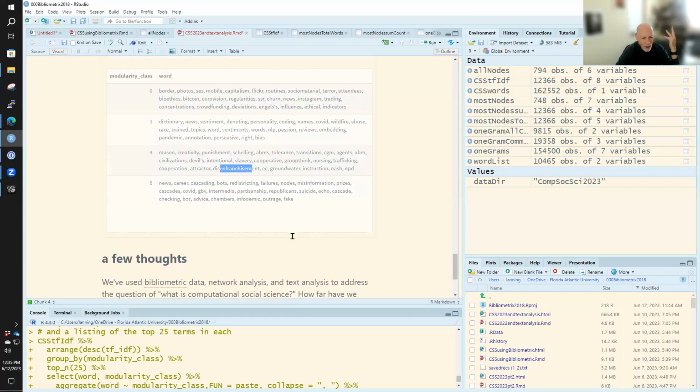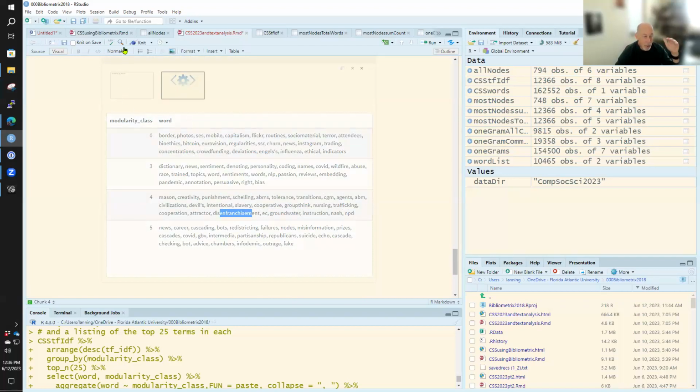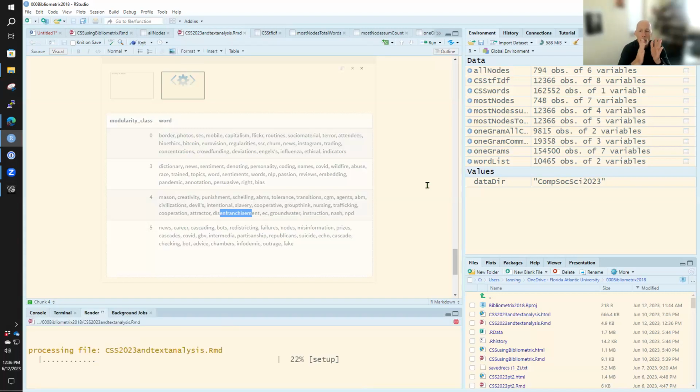So it's not a great solution here, I think. It's not a great solution. It's a solution. But it has taken us a little way towards understanding the structure of computational social science. Maybe a little way. Let's try again. There we go. All right. So I'm going to generate that report. We've got this as a set of tables. It's not ideal. I guess the question is,